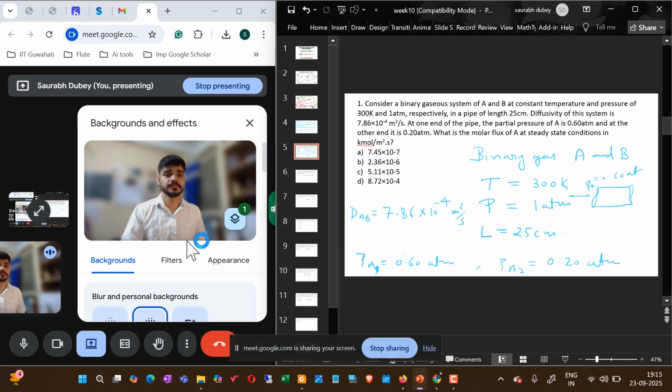So what I am saying is, what is the molar flux of A at steady state condition